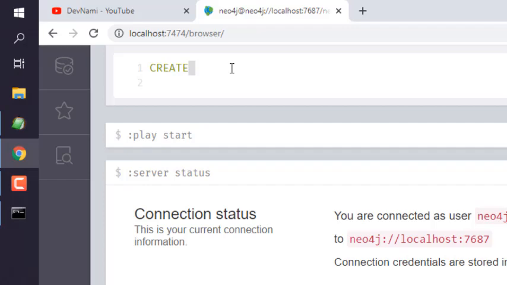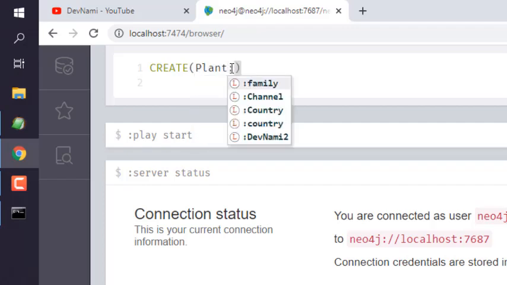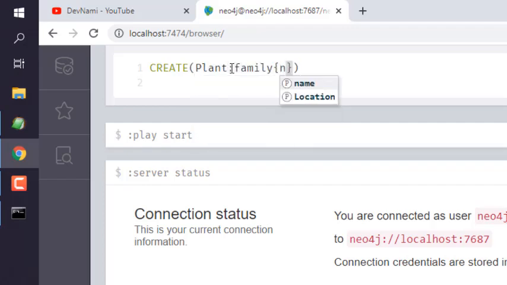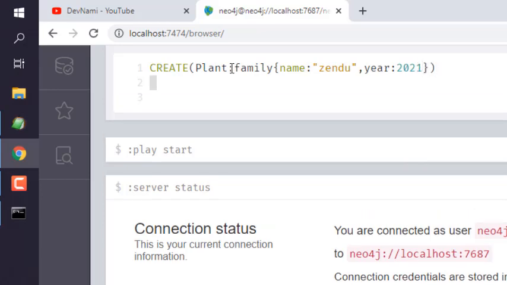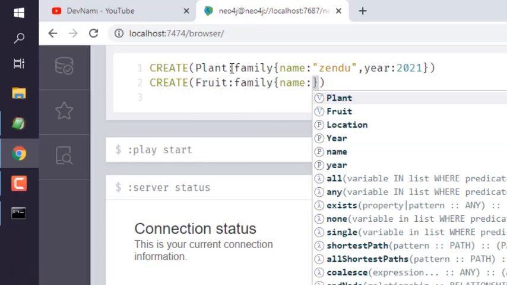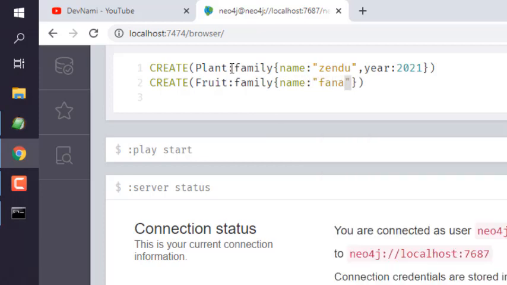Okay, so what we'll do is first we will have our query editor. We'll basically create, let's say, a plant family, and here let's name this plant and year 2021. Okay, similarly I also want to have one more plant, or I can even have fruit. Okay, and let's name this, and I can have year as 2020,